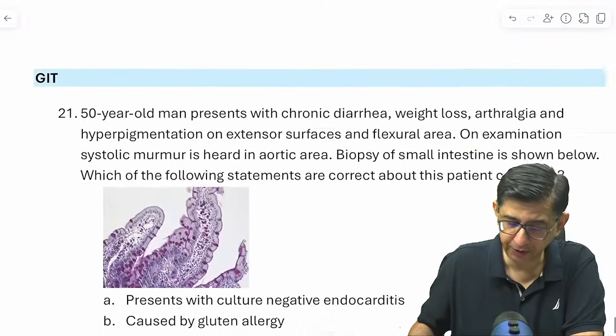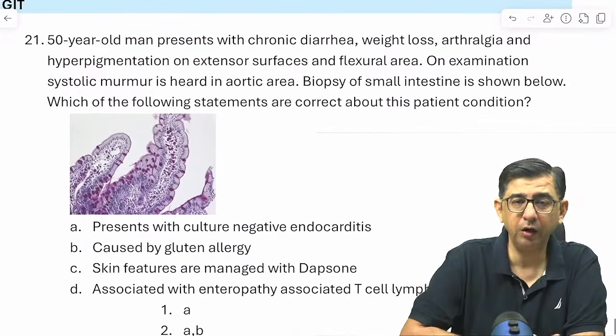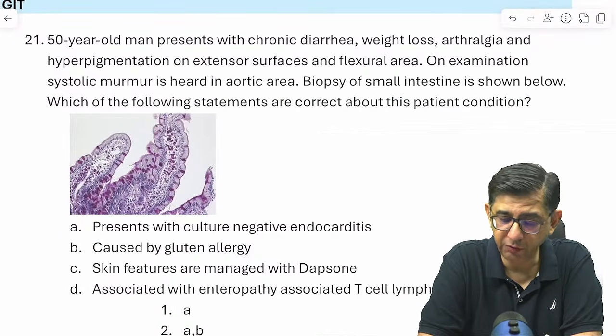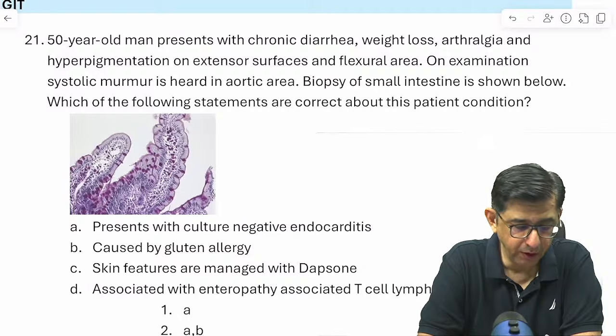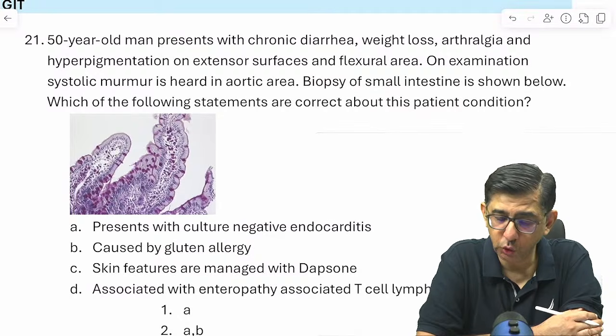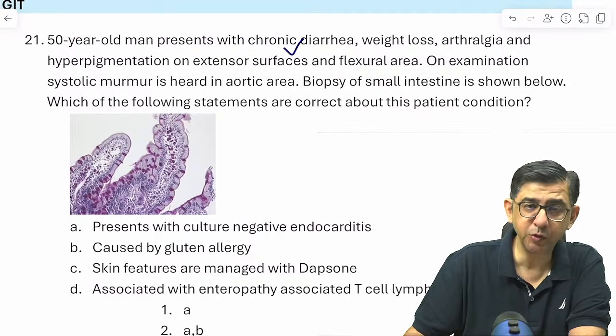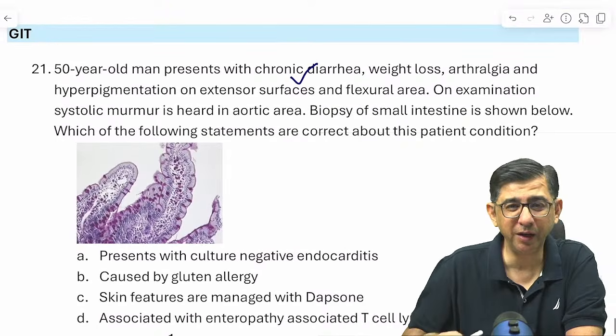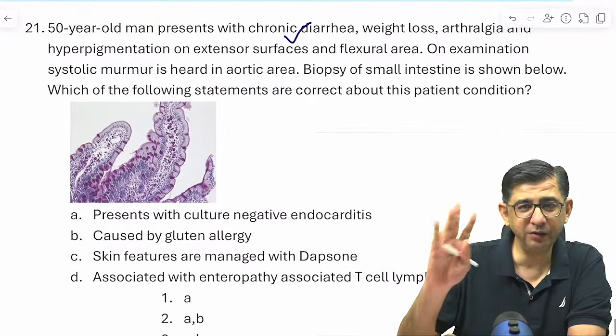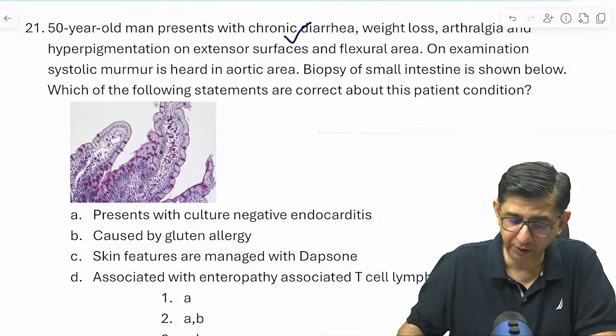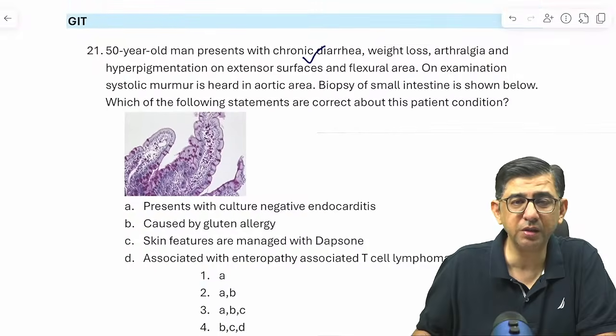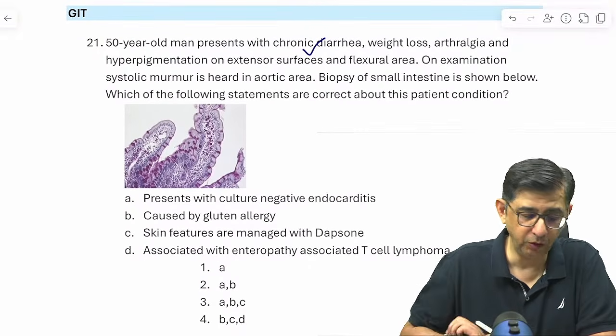We come to 21st for today. I have a patient who came with diarrhea, weight loss, arthralgia, and then a hyperpigmentation present. So considering that there is a malabsorption that is coming, like GIP, मैंने I move that up, क्योंकि उससे सारा mind उसी में फंस जाता है. So I wanted to look at this question with a neutral sense, just zooming out a bit so that I can bring all the options into